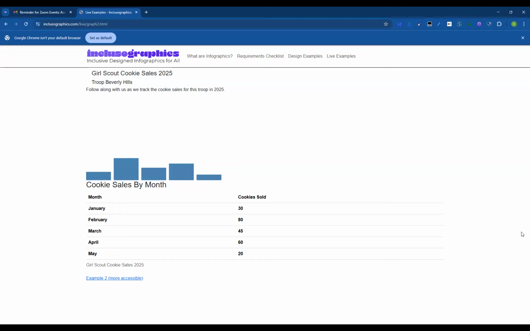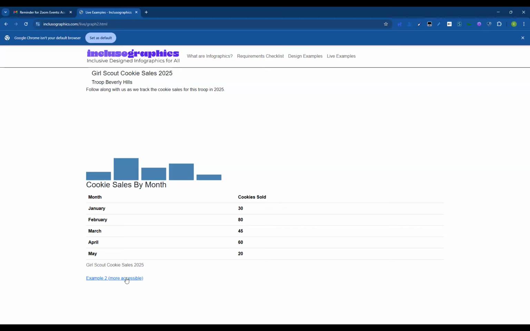So this is, anybody remember True Beverly Hills? One of my wife's favorite films. Yeah, 90s something. So this is cookie sales by month. What are some very immediate problems with the first version of this chart? I don't know what it means. Yep. You've got no table, so it's hard to understand what the values are.